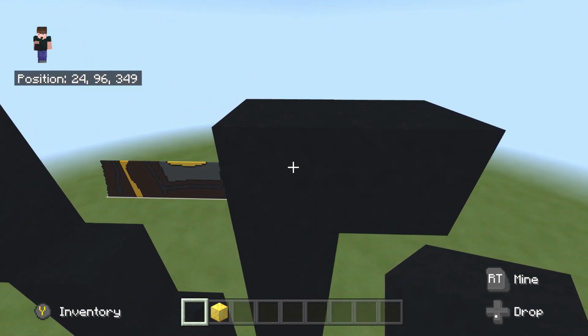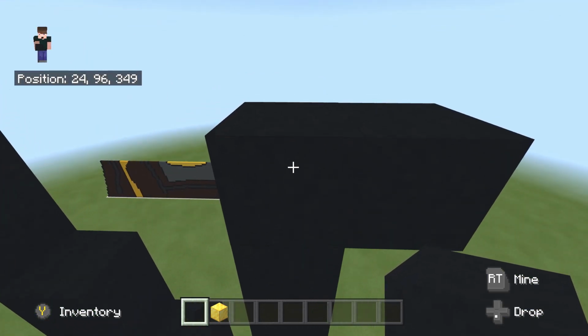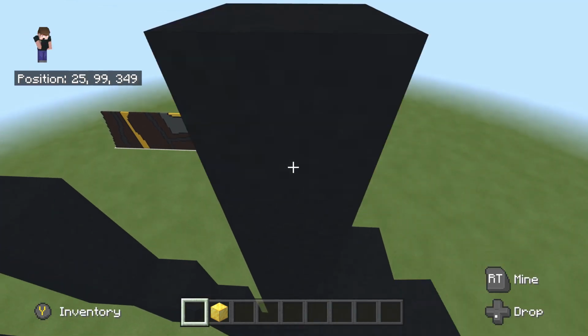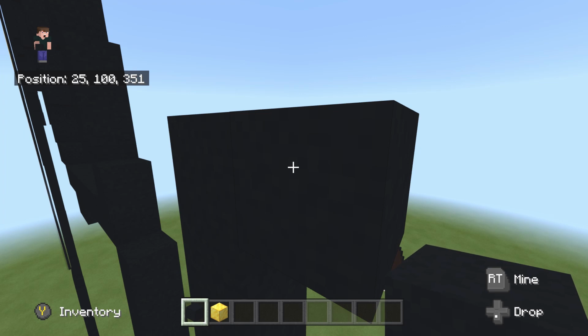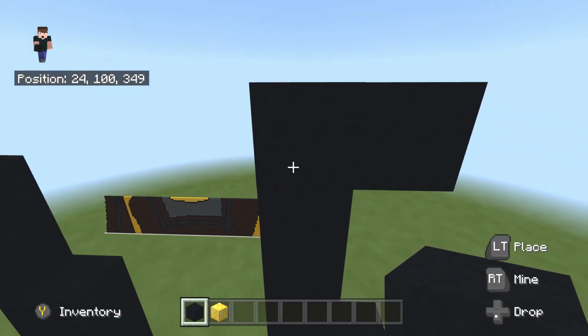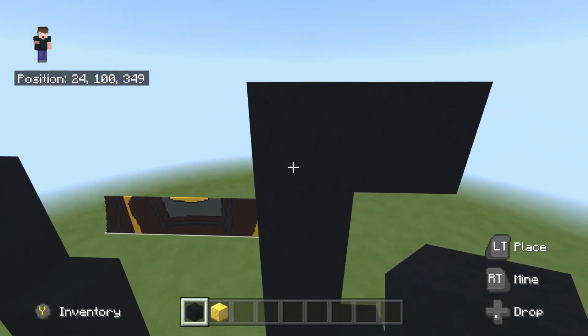Then fly back over to the left hand side, and we're going to go up by 4. So 1, 2, 3, 4, and then place 1 to the right. Then, once we've done this, fly back into the left hand side here, and we're going to go up by